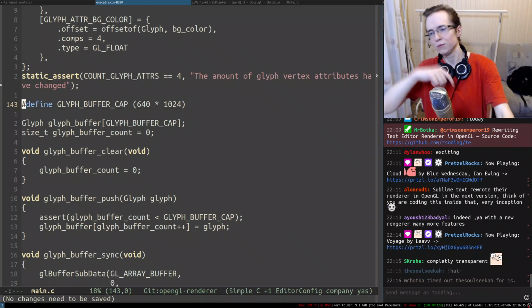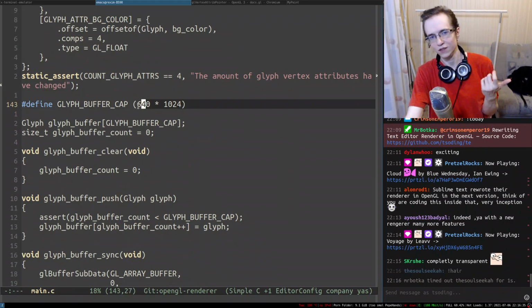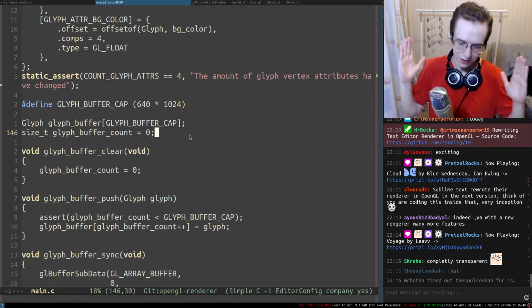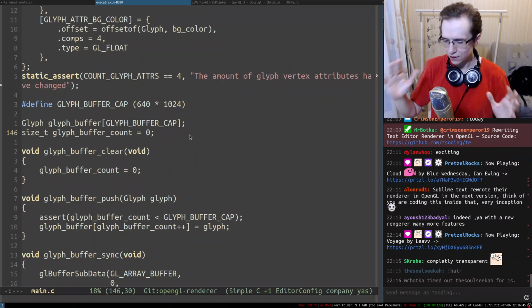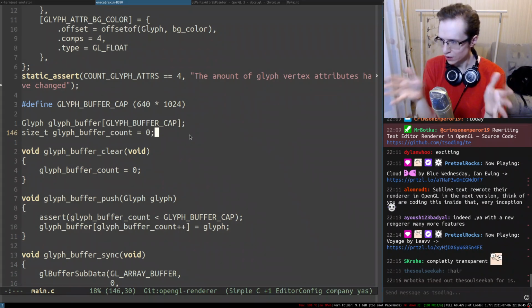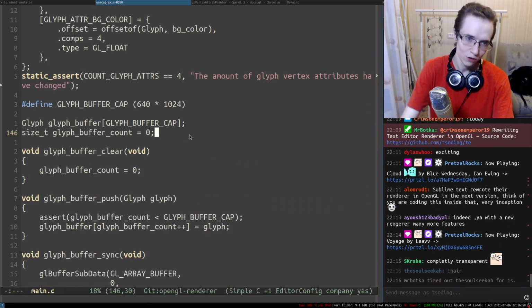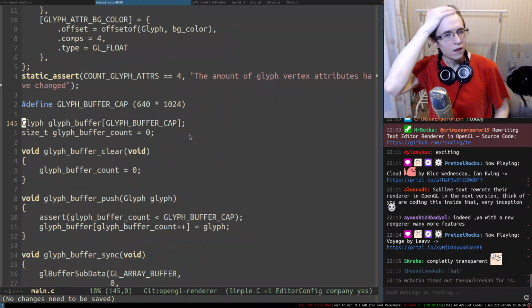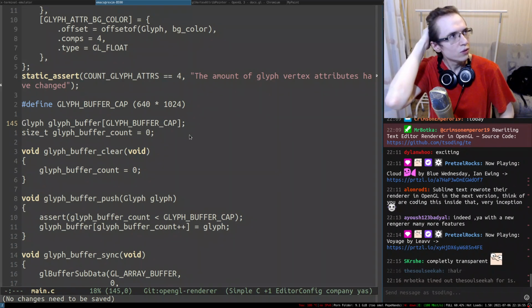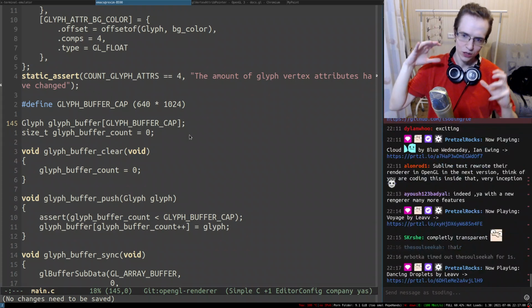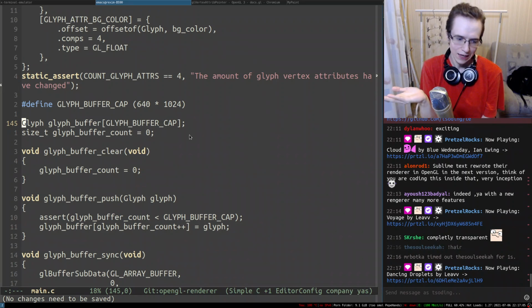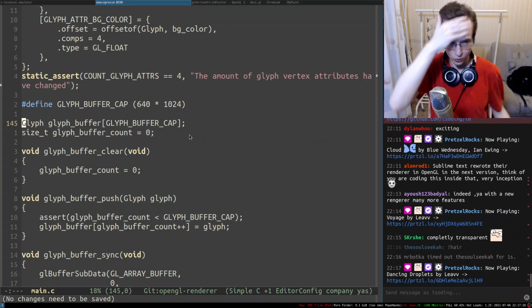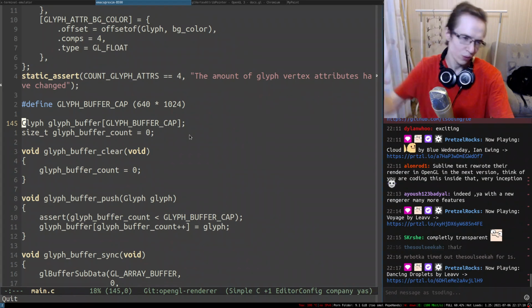So I have an idea to implement a renderer that is not limited by the amount of glyphs it can render. Essentially it's going to have a fixed buffer, but once the buffer overflows, we basically flush it with a draw call and continue appending, right? So I want to implement something like that. But to be fair, we should cull some of the glyphs, right? We shouldn't actually try to render all of the glyphs. The main problem in here is that we're trying to render all of the glyphs at once, and this is kind of unoptimized and a waste of time. So we'll see how it goes.